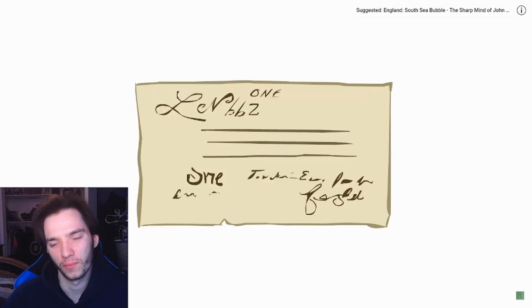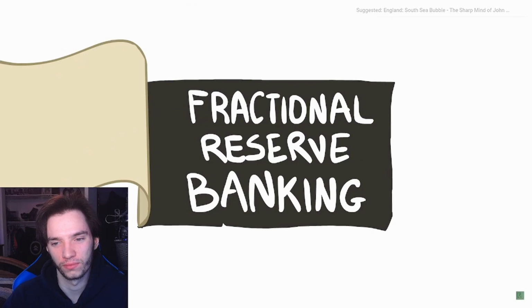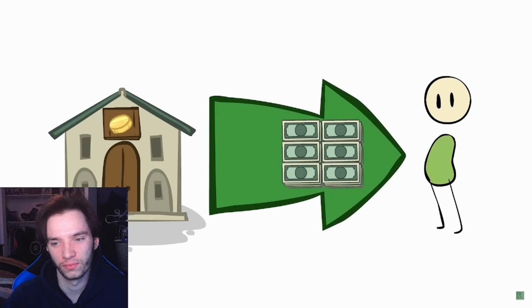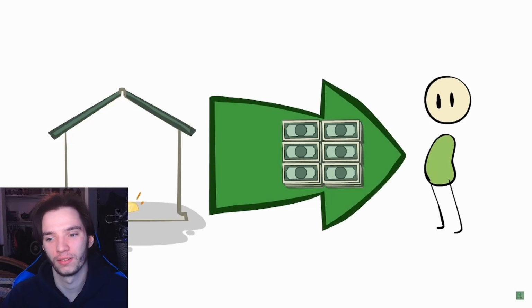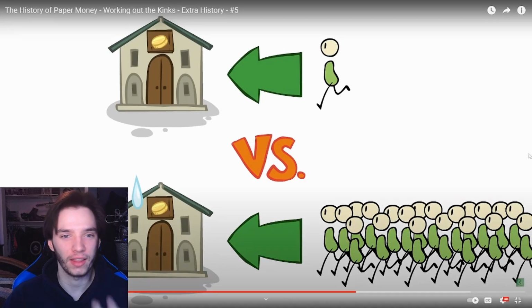With the invention of the banknote, modern fractional reserve banking really came into its own. Fractional reserve banking is where the bank lends out more than it can actually pay for with the money it has on hand, based on the idea that not everybody's going to try to collect. Exactly, and that's how I think modern banking still works.